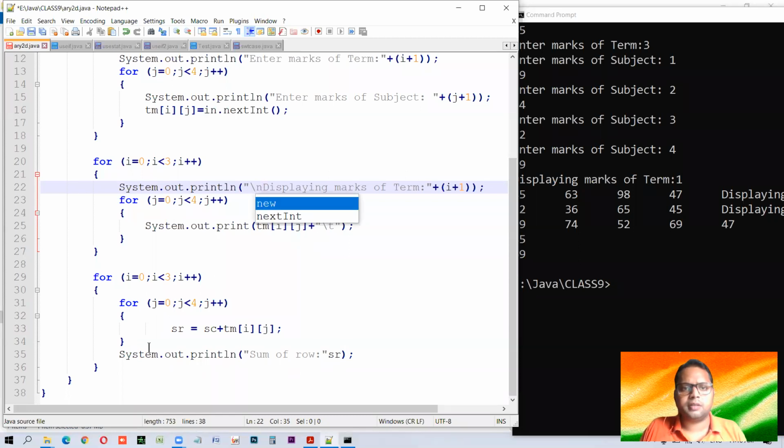Here slash n will make some difference. Wrong use of variable SR here.